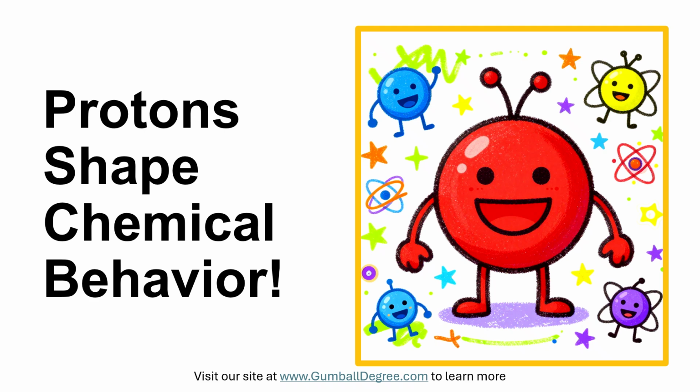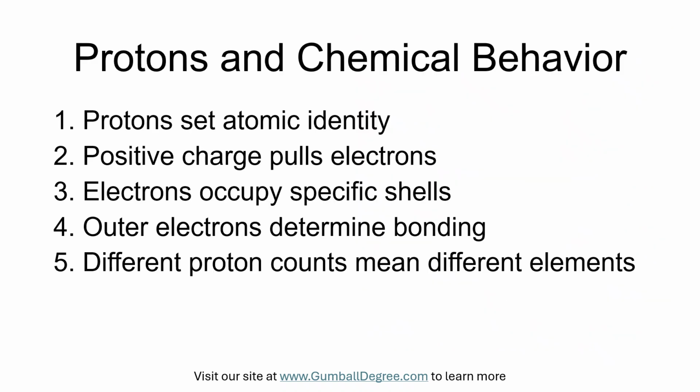Proton count determines an element's identity and controls its chemical behavior by setting the number of electrons and thus the way atoms bond and react. Think of an atom like a tiny solar system where protons are the sun. They sit in the center and their positive charge pulls electrons into certain shells around them, which decides how the